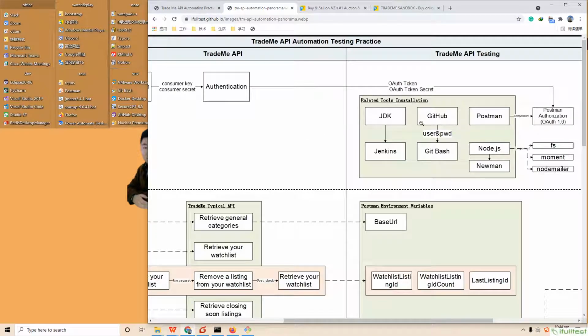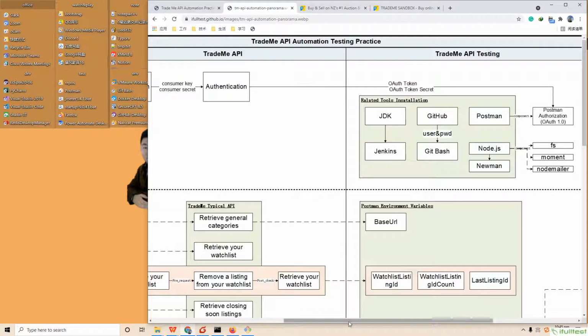You can also install all related tools before getting started with your first API testing, such as JDK, Jenkins, Git-Bash, GitHub User Register, Postman, Node.js, and Newman.